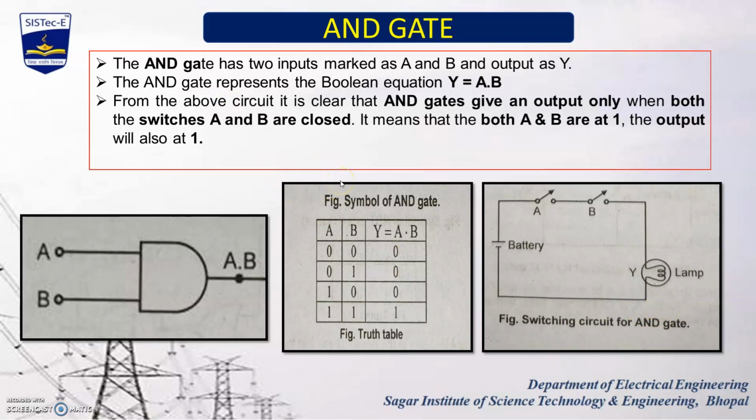For the AND operation, what we have to consider is that to get an output, the values of both inputs should be high. In that case, we get the output 1. Otherwise, in all the rest of the cases, the value of the output will be low.